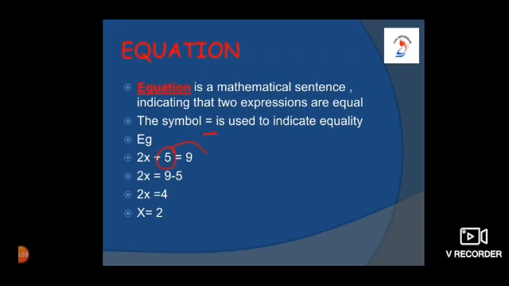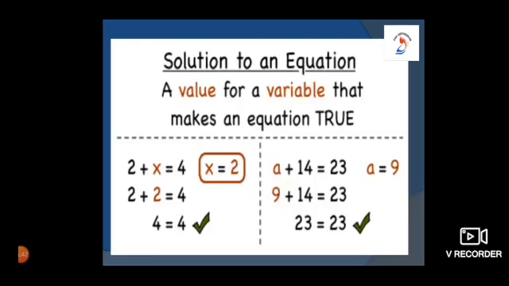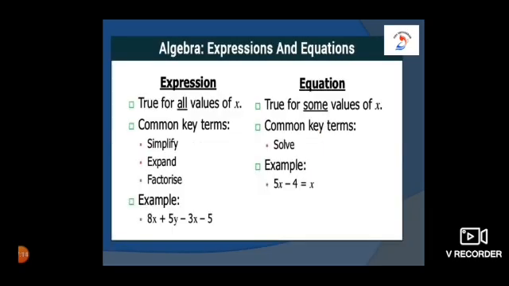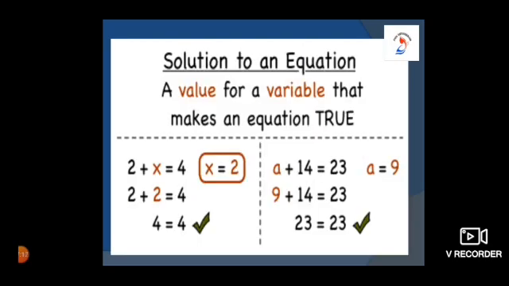As we are having an equal to sign here, this 2x plus 5 is equal to 9 is called an equation. Next, we'll move on to solution. The other name for solution is root of the equation. So root means R-O-O-T, root of the equation. A solution to an equation can be defined as the value for the variable that makes an equation true. So whatever the solution is, it should satisfy the equation. It should be exactly satisfied for the given equation. Then only you can call that one a solution.